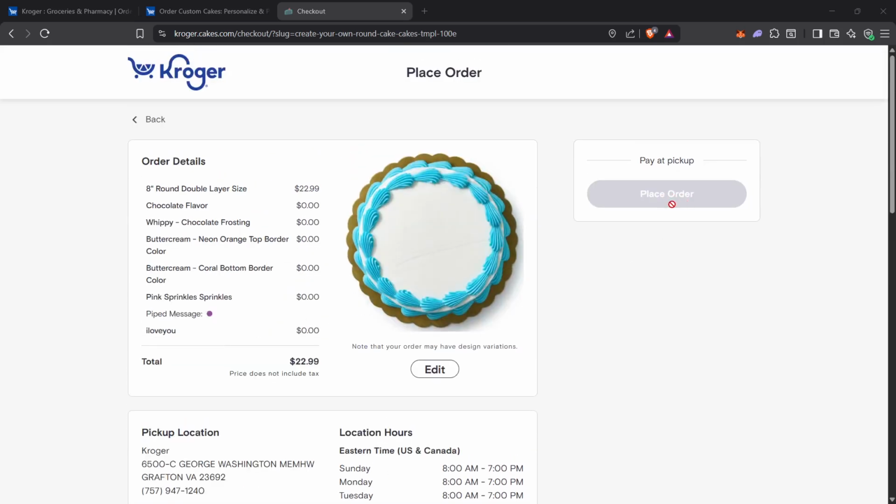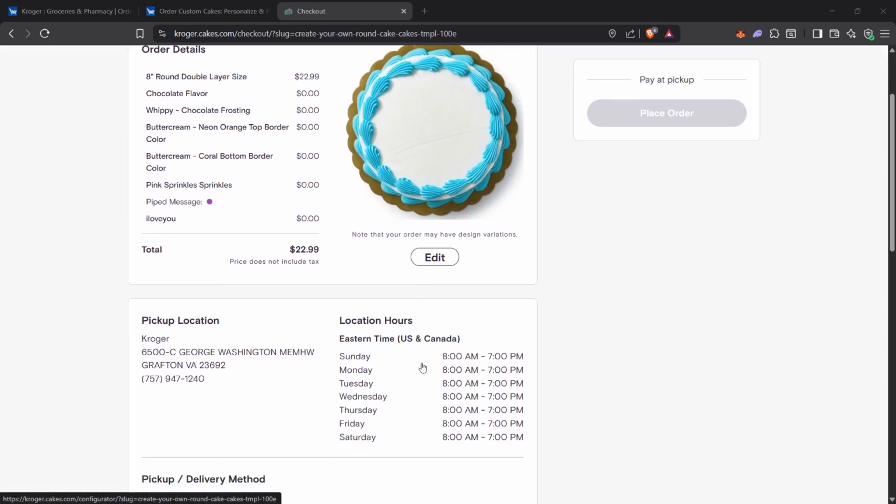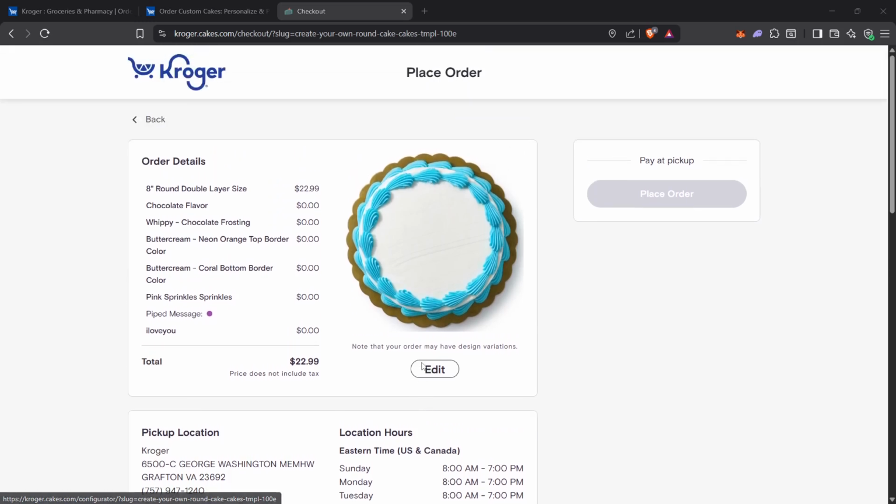When it is time to get your cake, go to your Kroger store. Head inside through the main entrance. Make sure the store matches the location shown in your confirmation, especially if you have several Kroger stores nearby. Next, visit the bakery counter. Walk to the bakery area where you see bread, pastries, and the cake display. The service counter is usually near the decorated cakes and bakery staff. Go to the counter and wait for a team member if someone is not already there.